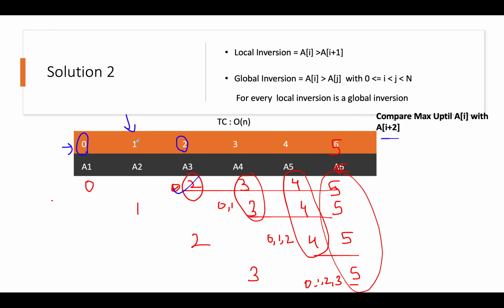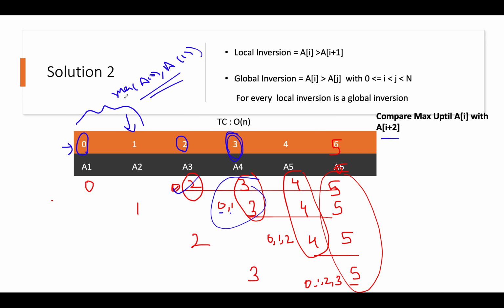For a of 1, the first thing that we are going to do, we'll take the maximum of these two. So the max of a of 0 and a of 1. And once we have that information, we'll compare it with a of 3, this index, because that is the area of concern, which will again make this condition satisfied, where we have to compare 0 comma 1 with a of 3.